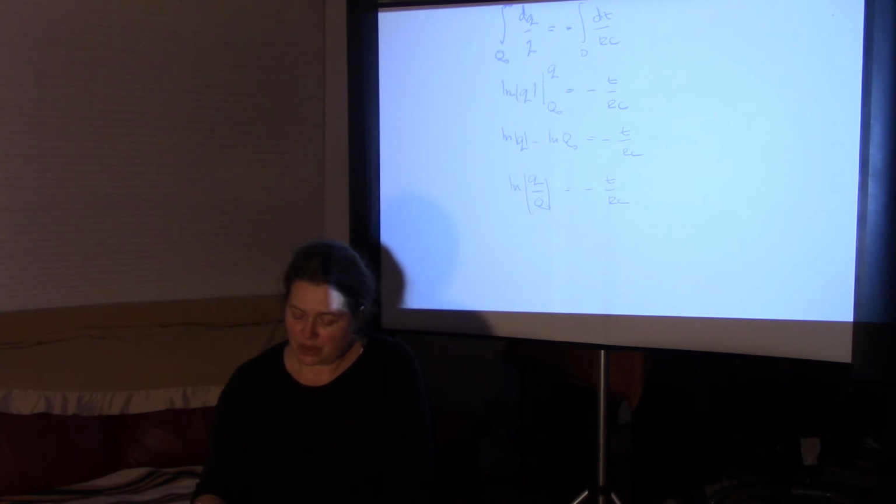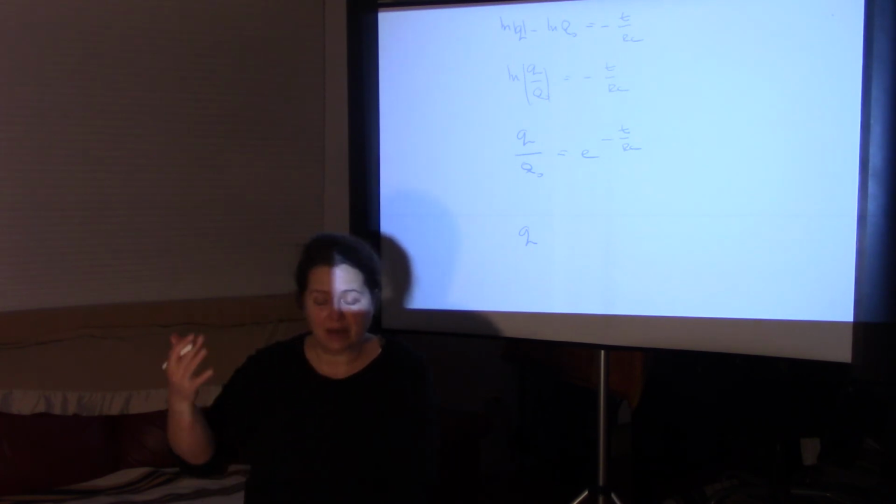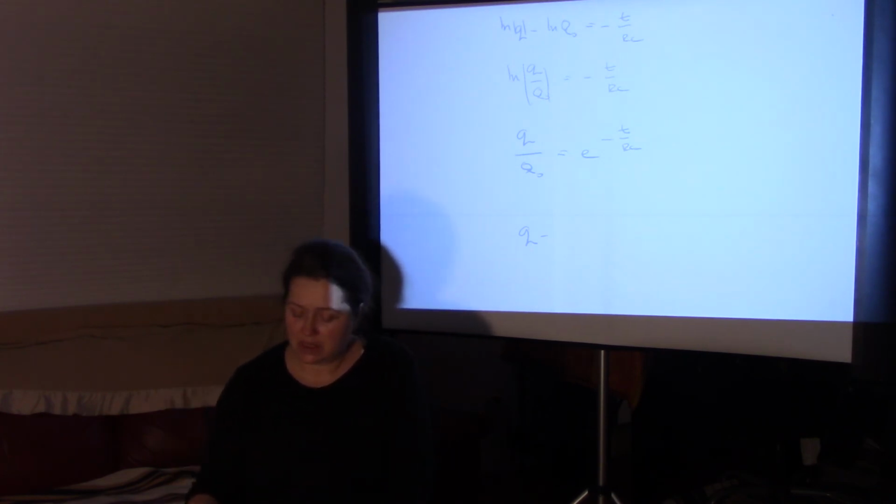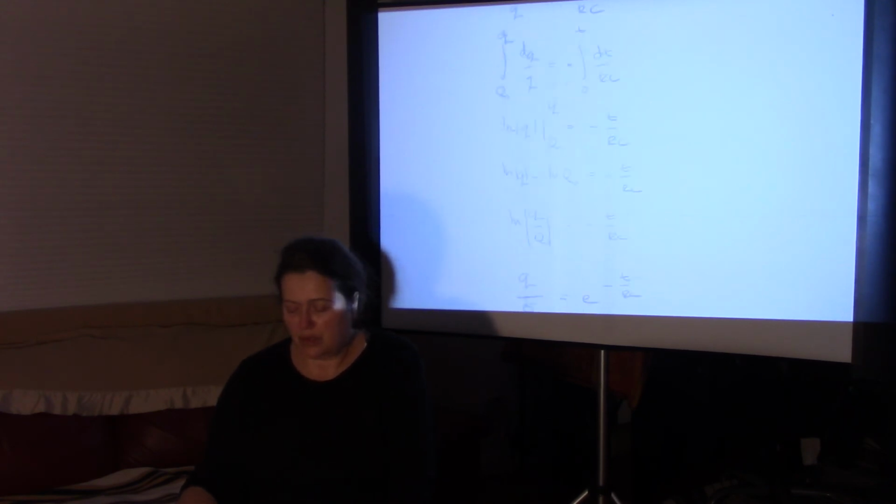That gives us q over q initial is e to negative t over RC, and that gives us q at a later time in the circuit as being q initial times e to negative t over RC,